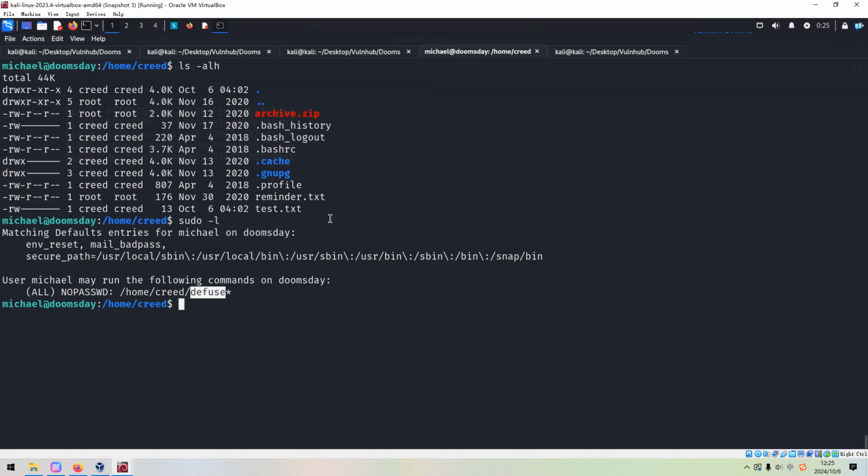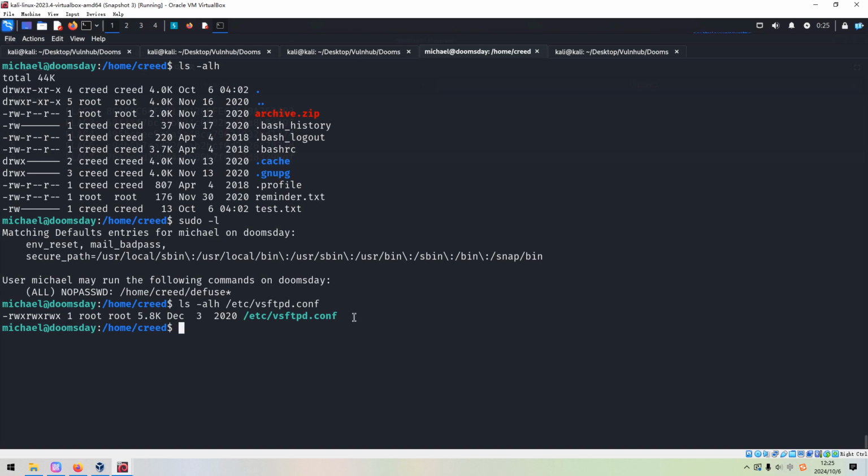Also, do we have permission to change the modification of FTP? We can cat out /etc/vsftpd.conf, the FTP configuration file. Everyone has access or permission to modify this configuration file.